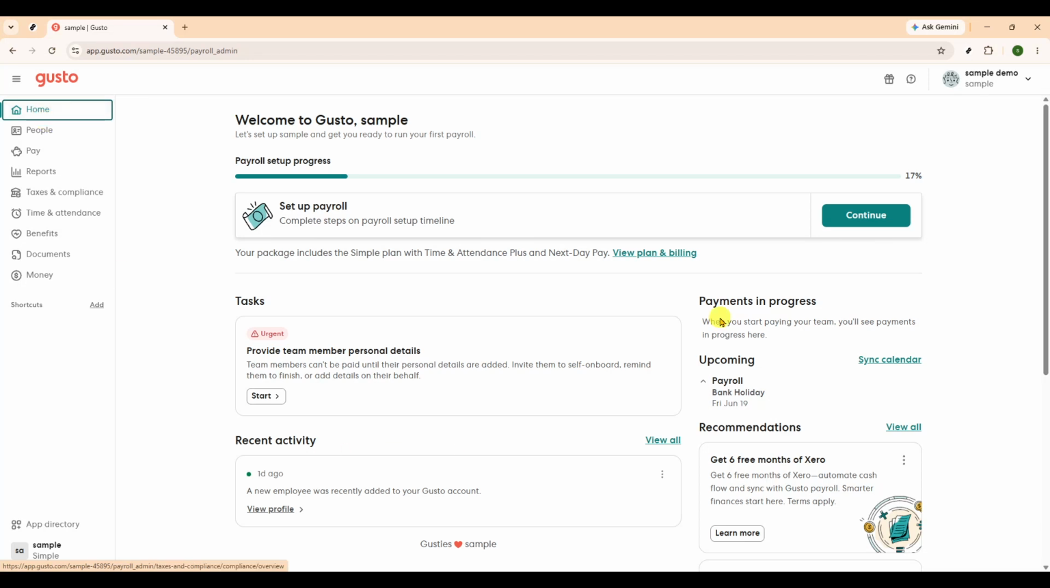Hello, today we will guide you through how to create an employee in Gusto. To begin, sign into your Gusto account and make sure you are on the home page. Starting from the dashboard helps you navigate from a familiar location and ensures you can access the employee setup tools without confusion. From the left-hand navigation menu, click